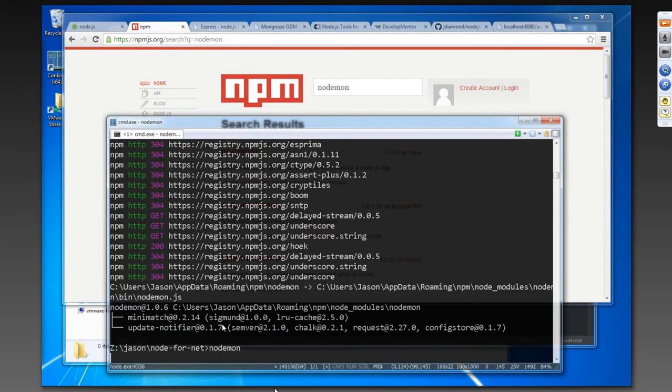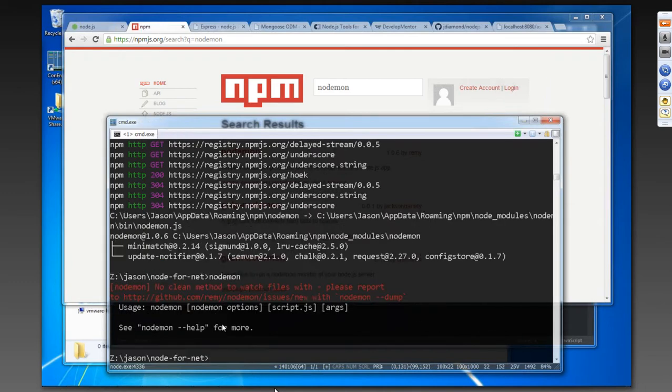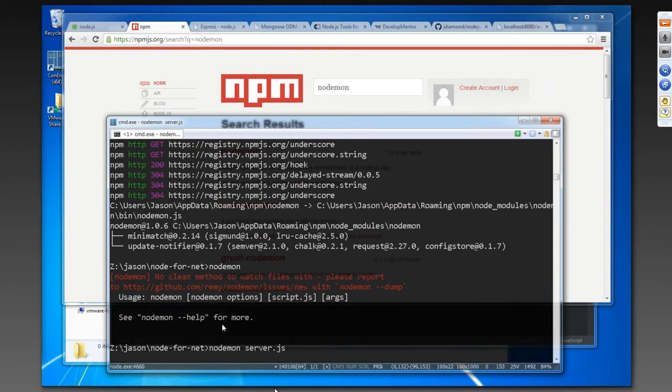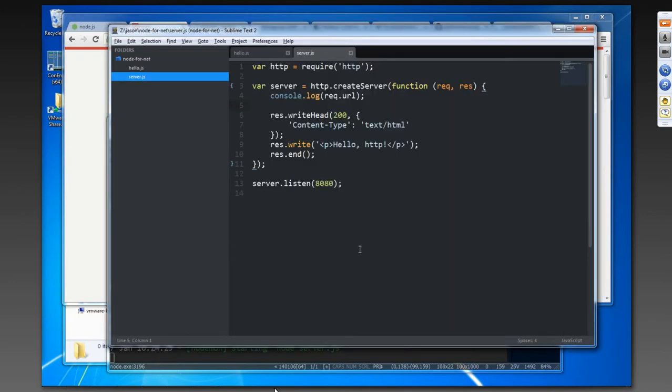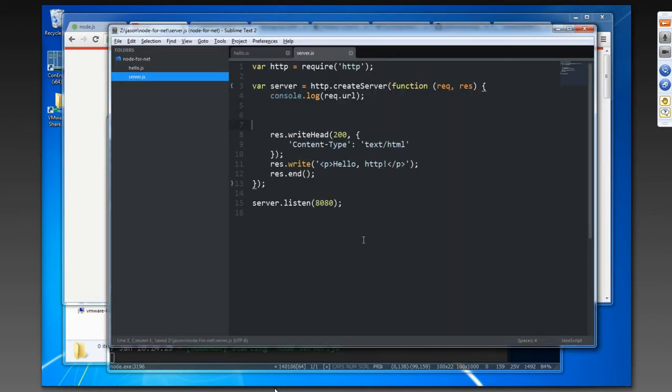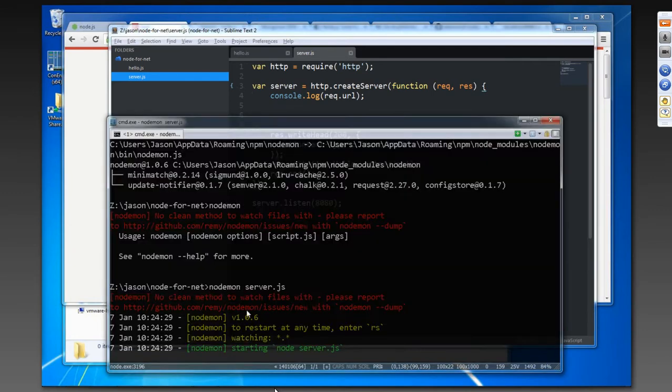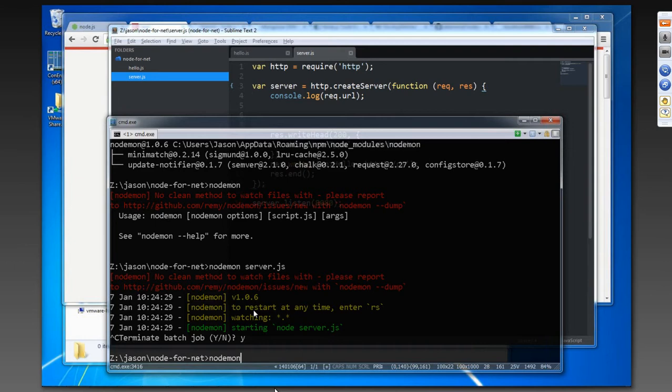So nodemon now exists. So it's telling me I didn't pass in the right options. So let's pass in, hey nodemon, I want you to run server.js, and whenever it changes, I want you to restart. So we'll come back to our server, and we'll make a change. Control S to save, and it didn't restart. Let me stop it. Sometimes, and I'm not really sure why this is always necessary, but you have to pass in the